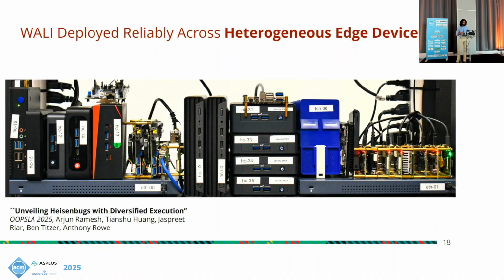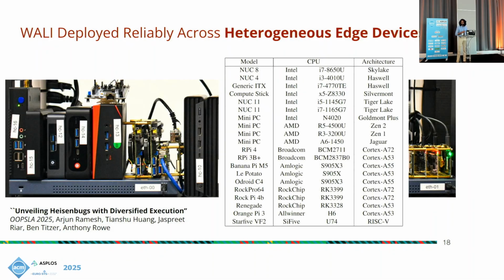And in fact, we have deployed this on an edge cluster we have at CMU. This is an edge cluster consisting of over 20 devices, ranging in performance from high-power x86 to really low-power ARM and RISC-V devices. In fact, we have even weird ISAs and CPUs, like this Intel compute stick that's probably ancient and no one uses, and we're able to deploy Wally to run on this legacy hardware.